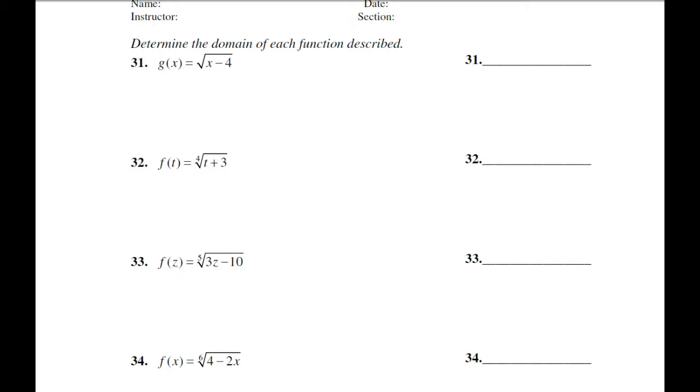So if we have an even index number, as we have in 3 of these, then all we do is equal our radicand to 0 and find out which value of the radicand makes it a 0, and then any numbers below that,